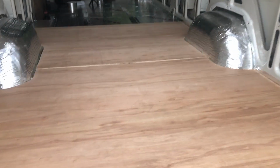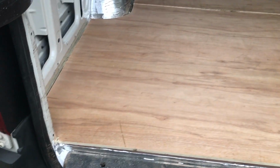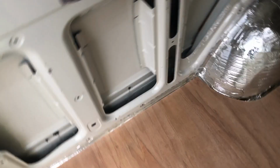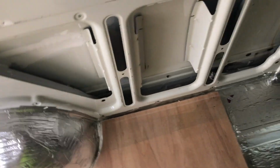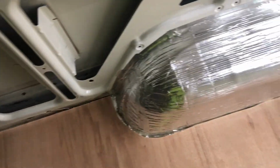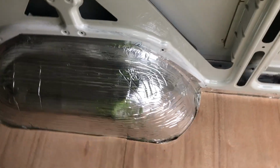So as you can see, got 2 boards in now, all scribed in around the back, scribed in around the wheel wells. I've probably left still too much of a gap around the wheel wells, wheel arches, and probably too much gap either side, but